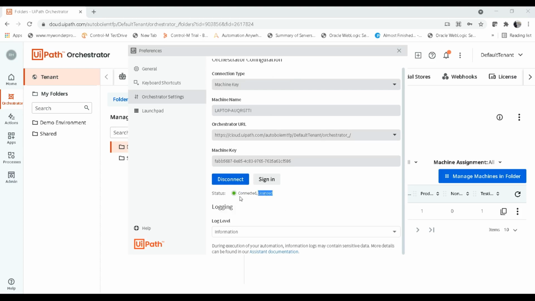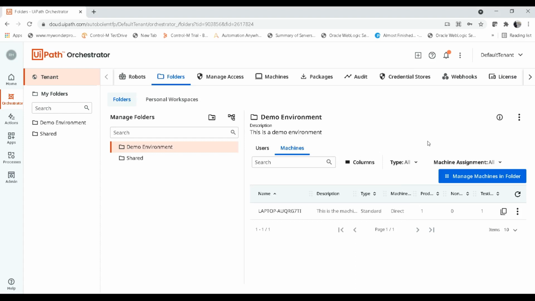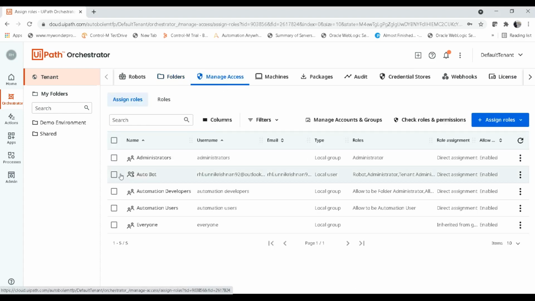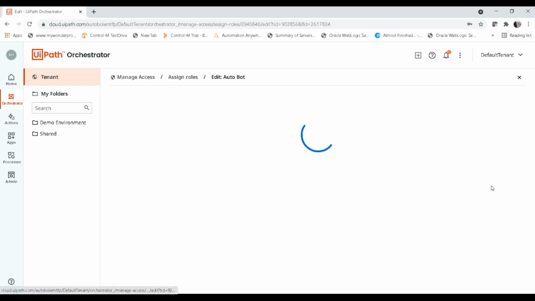Suppose you are getting something like connected but unlicensed, just go to orchestrator, go to manage access, choose your role and try to edit.